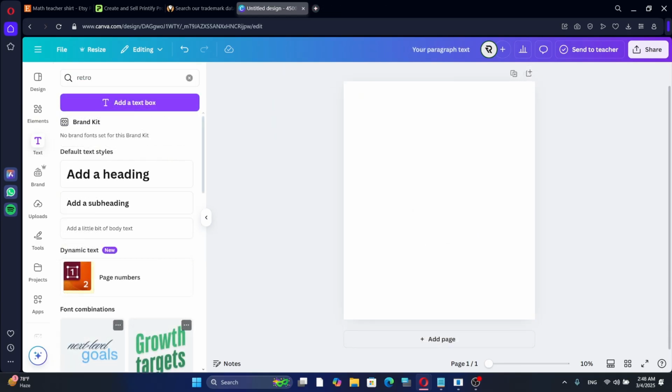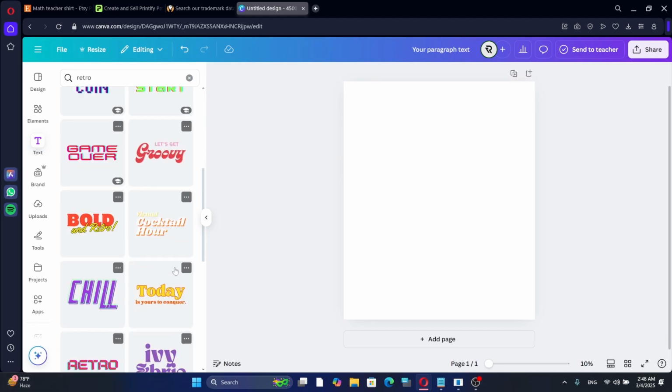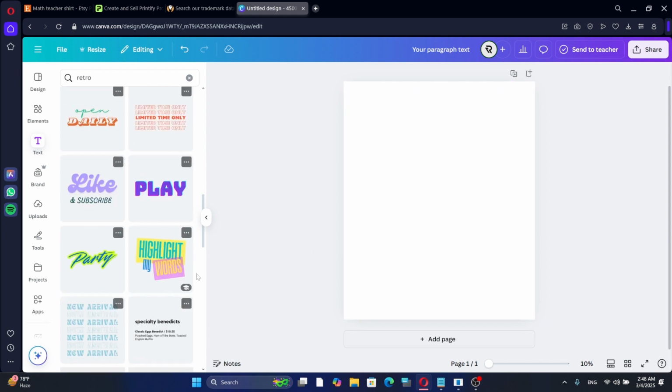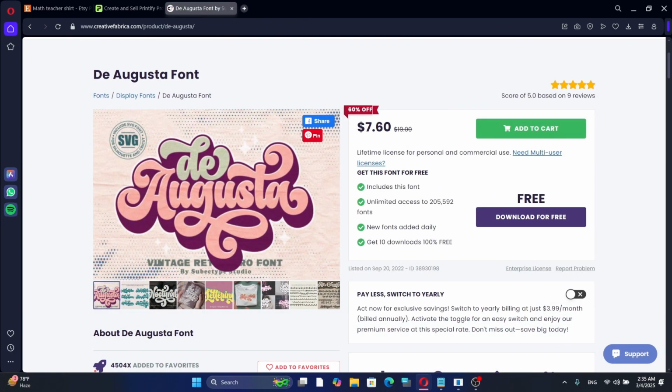For example, if the goal is to create a retro-style math teacher t-shirt, simply search for retro fonts and retro graphics directly within Canva's element library to find plenty of ready-to-use options that fit the style you're aiming for. For even more options, visit a website like Creative Fabrica. Creative Fabrica offers commercial use fonts and graphics that can be legally used on print-on-demand products. This is important because using copyrighted images or fonts without permission can lead to Etsy removing the listing or even shutting down the shop. After finding a suitable retro font, download it and upload it to